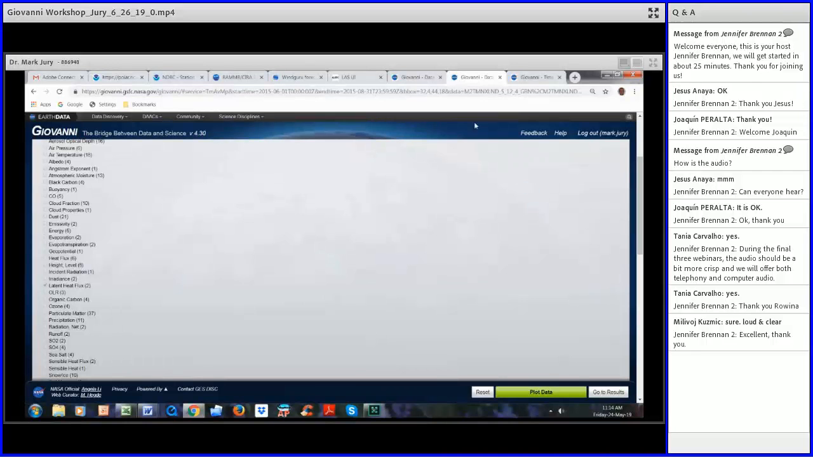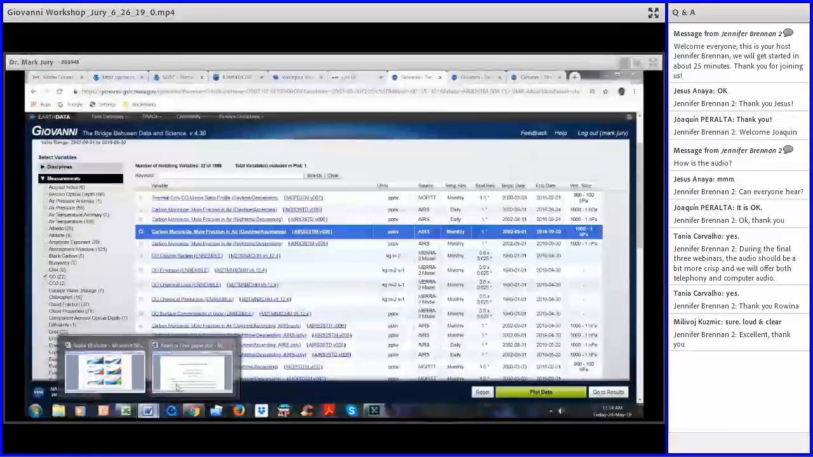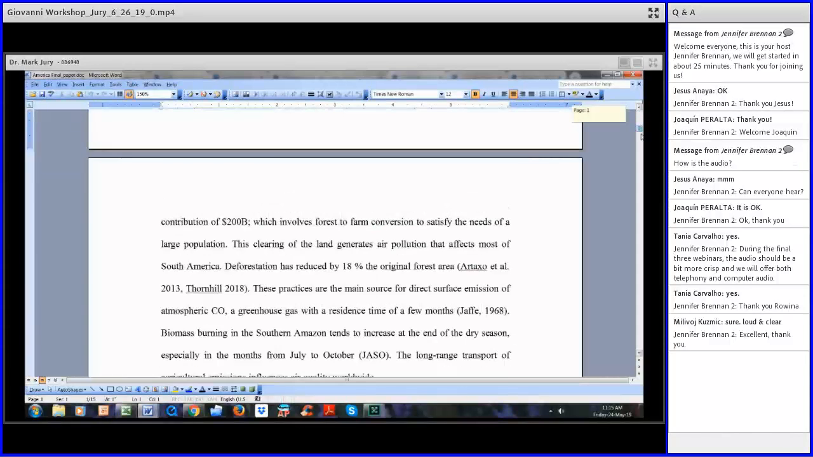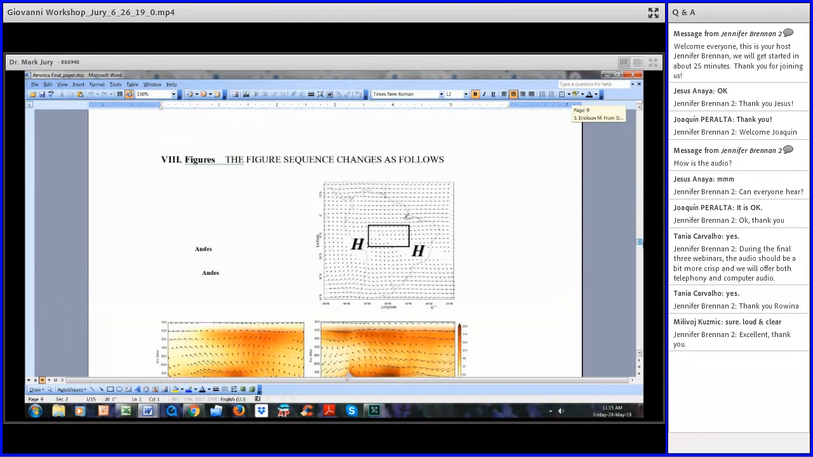While that's busy, I want to demonstrate something else. Some of the other work I do is to supervise students at the university in their fourth-year research projects. They have an individual study project, and in this case, one of the students decided they wanted to look at carbon monoxide concentrations over South America, and so going through her paper there, what we are looking at is